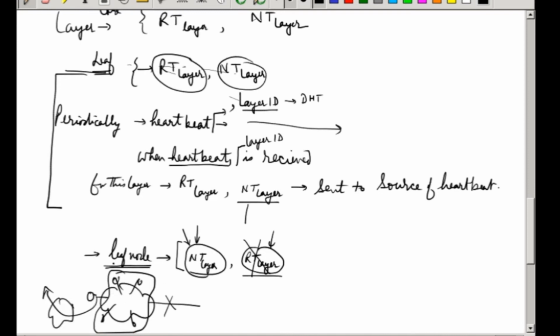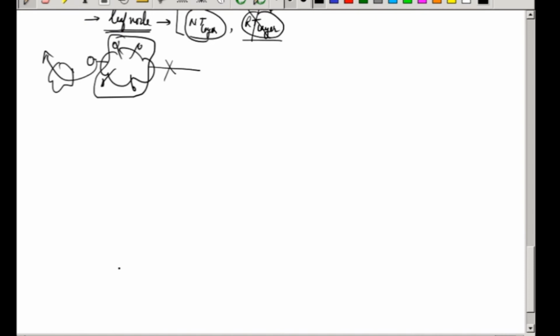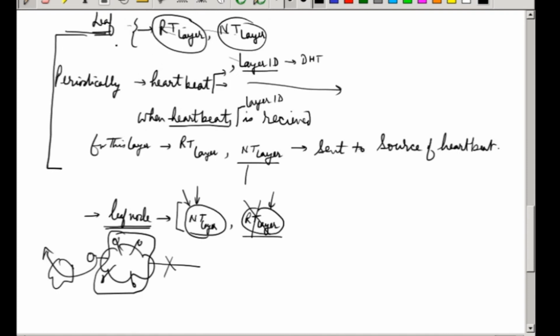So it's actually always good to maintain a node ID, because that way you will never be isolated from the network, because in the whole node ID space, from every partition you will be maintaining at least one representative. So even if you are connecting to another network, from there you can start populating things back. Now for each layer separately the routing table exchanges will take place, and for each layer we will also be having a routing table. So this is for the leaf node: they should preferably have a node ID, and correspondingly they should also maintain neighbor tables as well as a routing table for all layers.